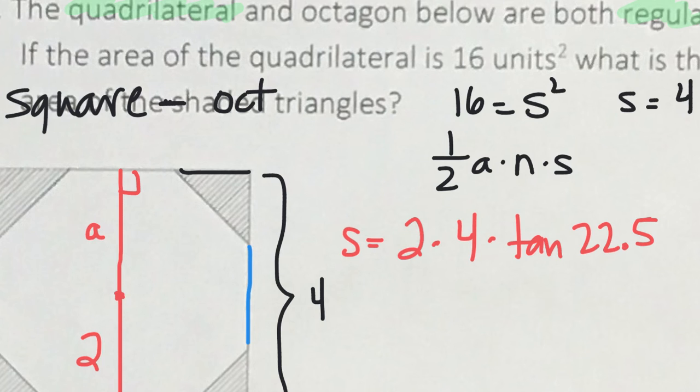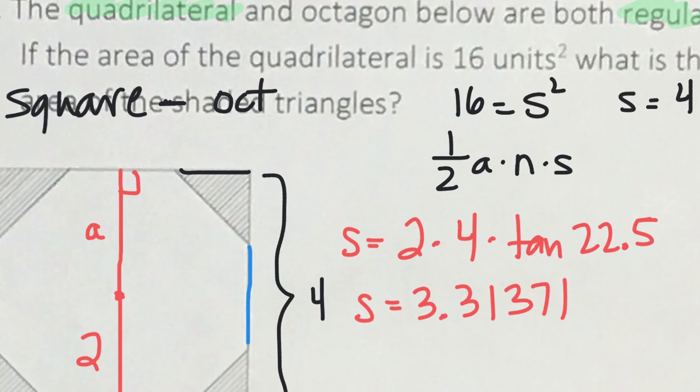That's the exact same formula that we had up above on number 5. 2 times 4 times the tan of 22.5. So 2 times 4, that's 8, times tan 22.5. This gives me a side length of